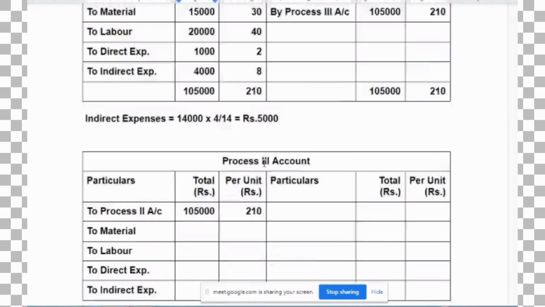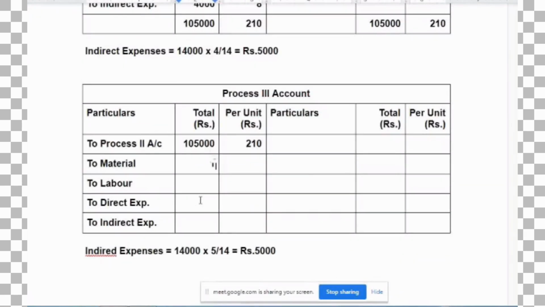So 10,000 for material, 25,000 for wages, 5,000 for